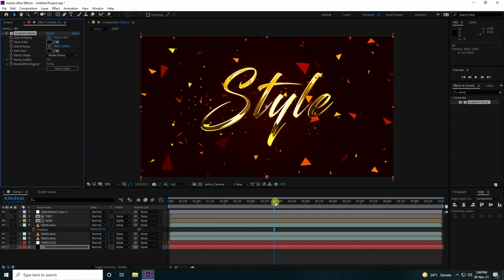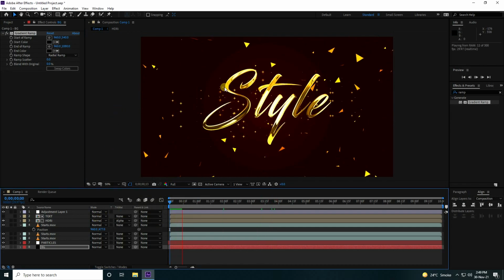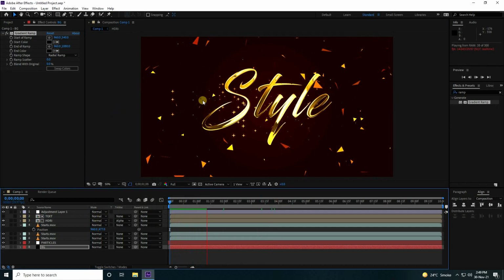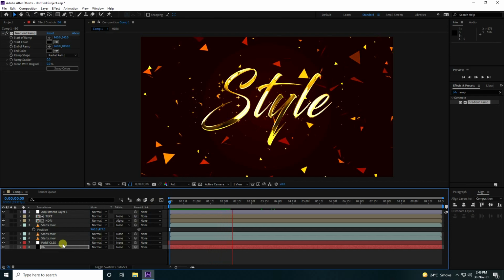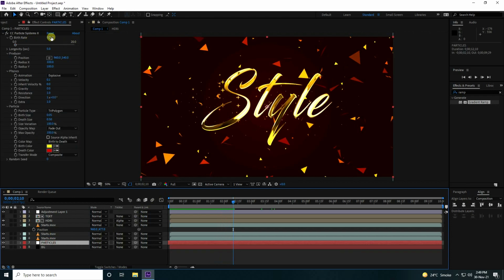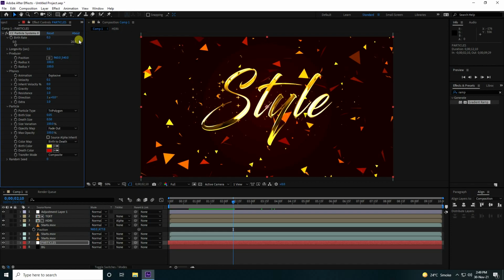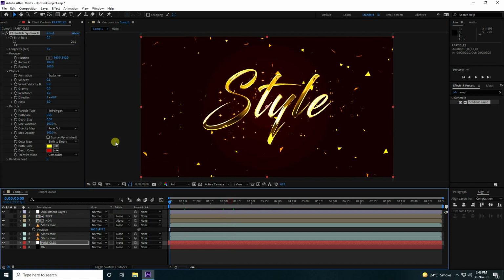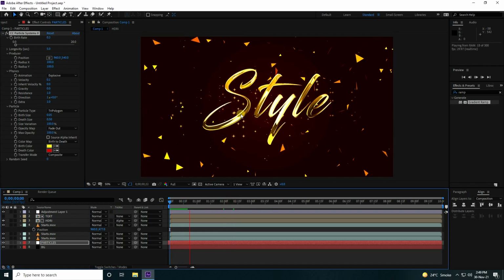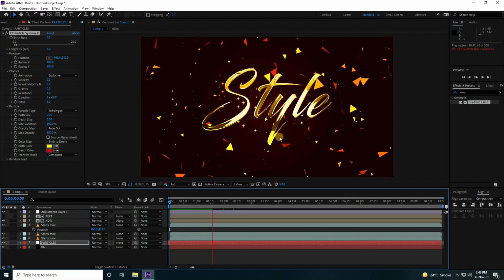That's my beautiful effect. It's really beautiful. You can increase more particles depending on your work. For particle birth rate I like 0.3, but it depends on your concept and work. It's beautiful, right? Okay, that's it.